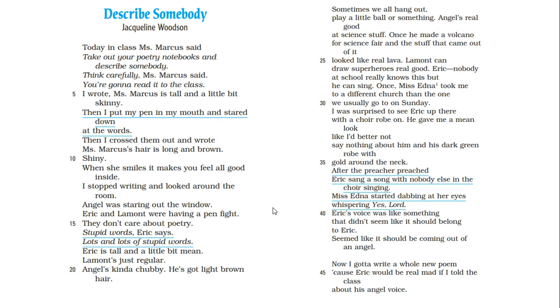And here's a poem, and we read a poem together, and we talked about the connotations of the poem. So, for instance, he called Angel kind of chubby. And chubby might not be the best word, but he didn't call him fat, right? So that can kind of mean, oh, okay, this guy, he's trying to be nice, right? And then we go over here, it talks about how Eric sings like an angel. The author used angel for a reason. The author didn't use the word good or amazing because angel has a strong